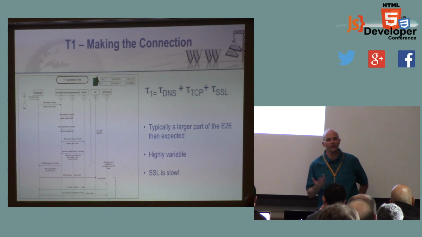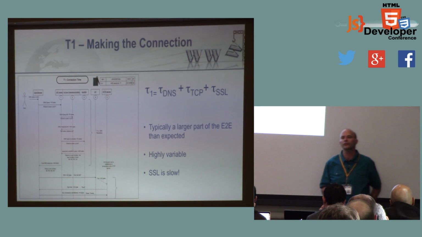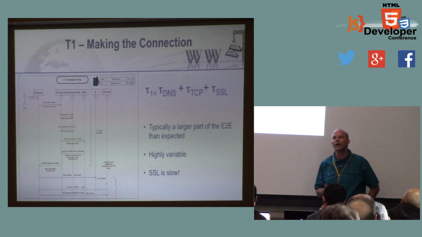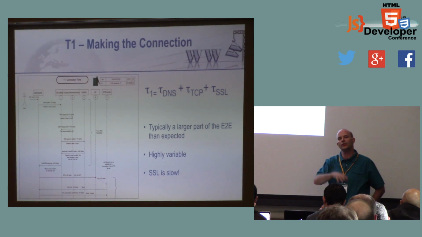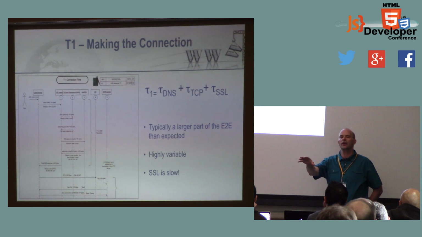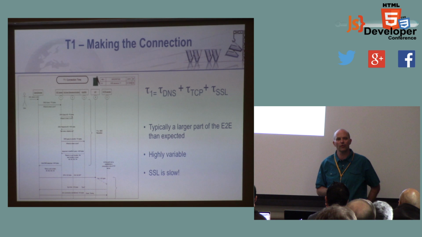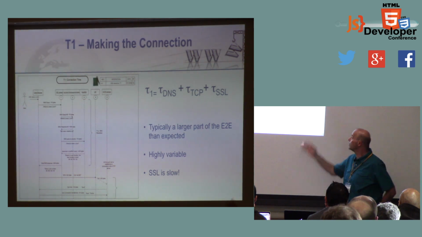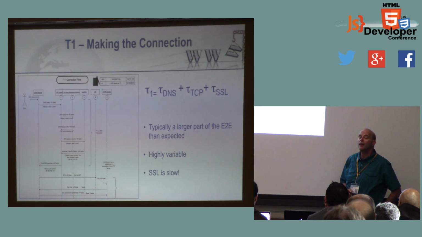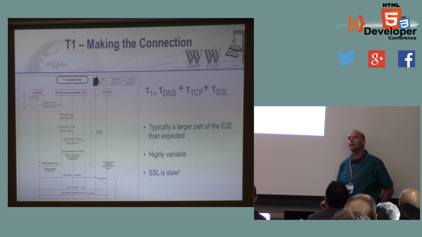The only cases where I see that is when they're having poor DNS resolution times internationally. And this often happens when companies here in the US want to move their business overseas without understanding how the infrastructure and this sort of thing works. They find they have poor DNS performance overseas. And so sometimes their T1 times are impacted, but other times, and this was sort of part of my